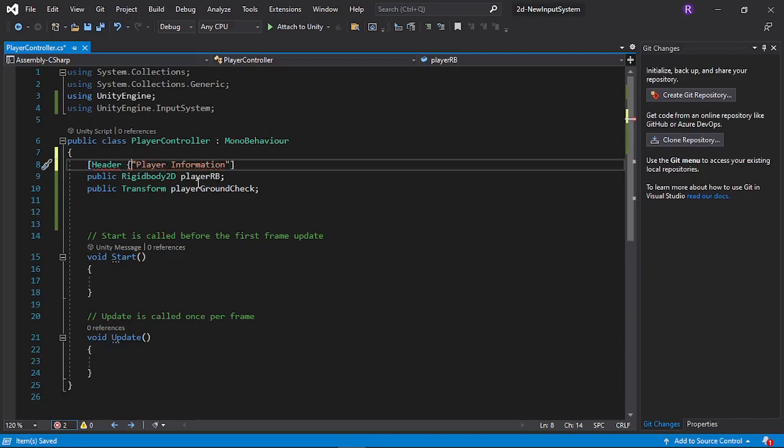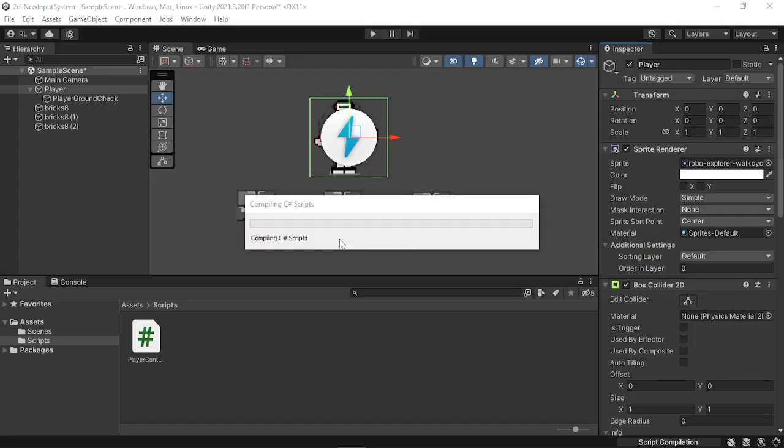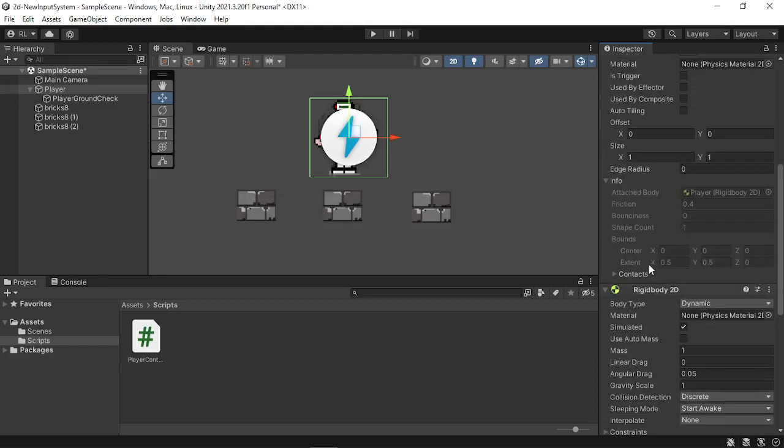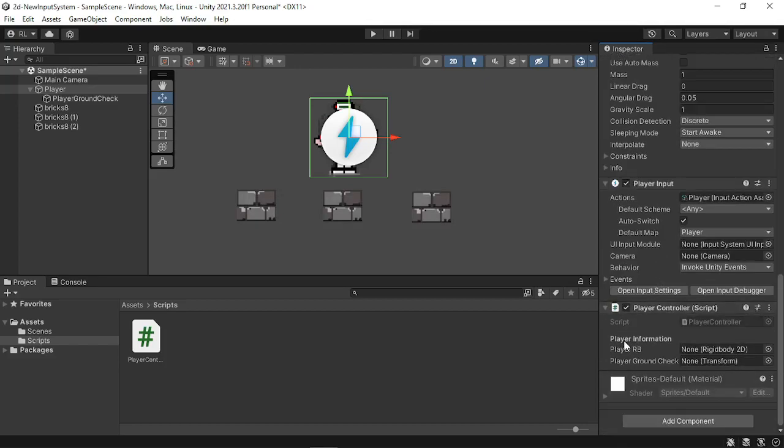If I can type parentheses correctly, and that should be appearing in here. So if we try to load this, we should be able to see in our script that we have player information. That will be allowing us to have a little bit of organizing